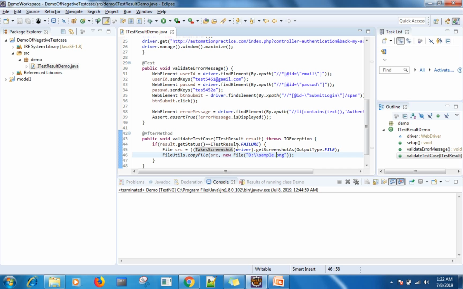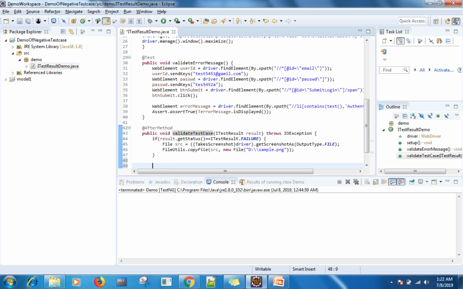Here you can write result.getName, so that the method will return the name of your test case. I will cover it in a different video. Our focus is how to validate the test result in the after method. Each and every test case will be validated in this area. Okay, now several situations are there. So now here you can write